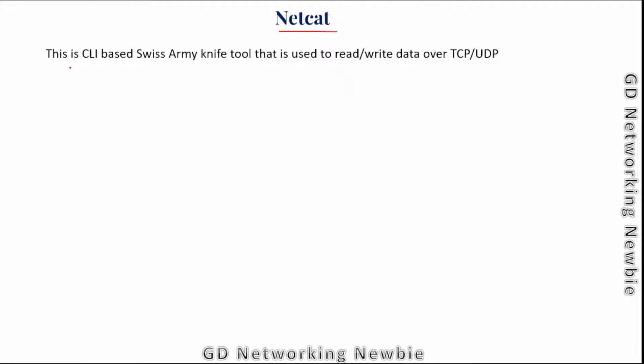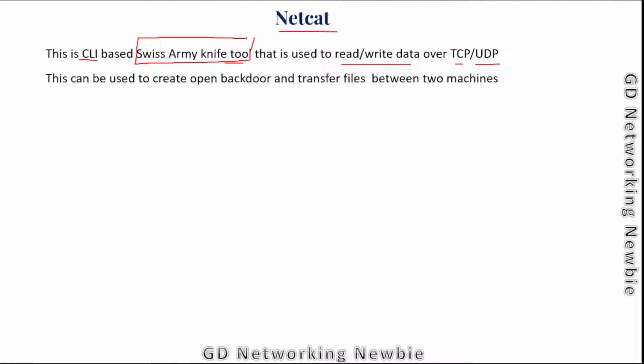Netcat is a command line based tool that is used to read and write data over TCP or UDP connections. It is also known as the Swiss Army knife tool, and I think that is the reason the name has been given to it. It can be used to create an open door, and it can be used to transfer files between two machines. There are many uses, but I have taken some basic uses which I'll be discussing and